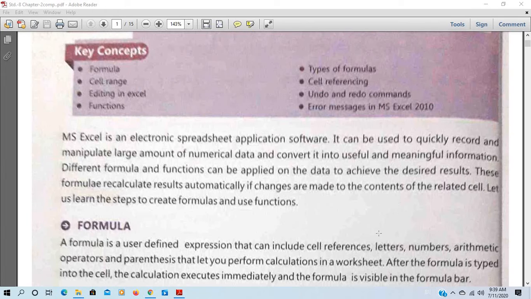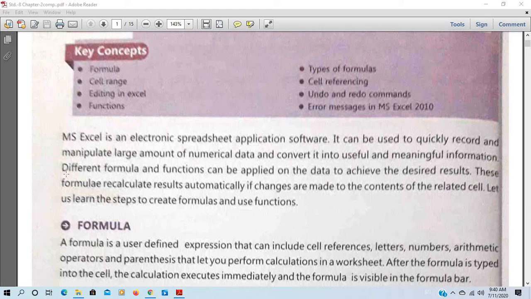MS Excel is an electronic spreadsheet application software and it can be used to quickly record and manipulate large amount of numerical data and convert it into useful and meaningful information. So this is the definition. You should remember it. You can write in your own word also that I had explained earlier.